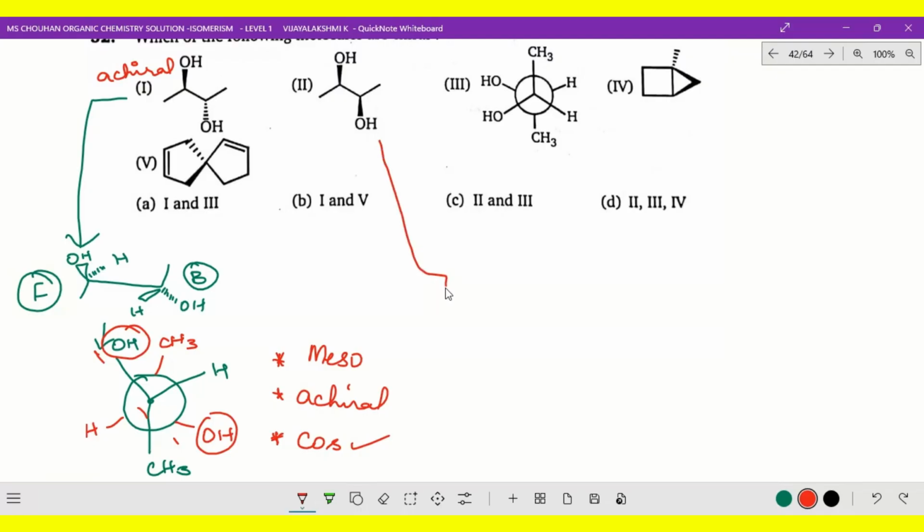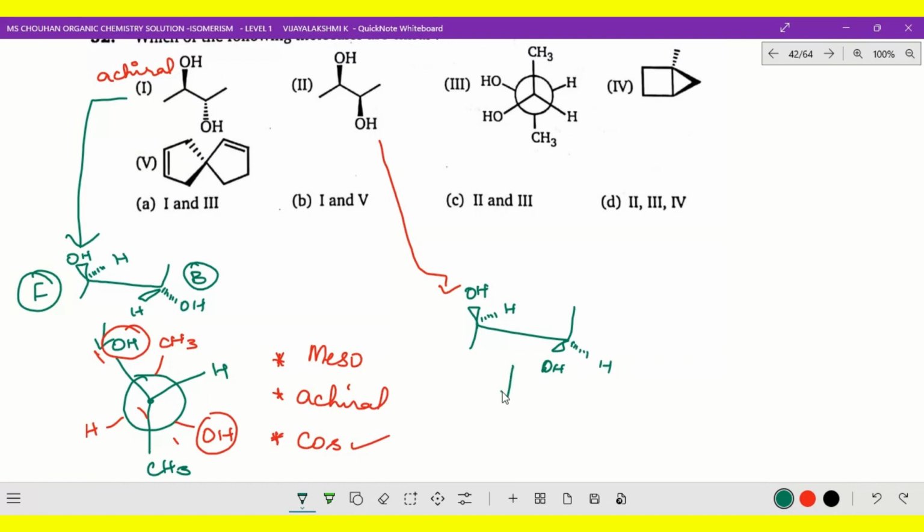So what does the second one tell us? Let us go for the Fischer projection first, then the Newman's projection. So this also, we put in this way. Now you just check both sides, the carbon connected above the plane. This is above the plane OH, and below the plane hydrogen. And the same way, this is above the plane OH, and below the plane hydrogen.